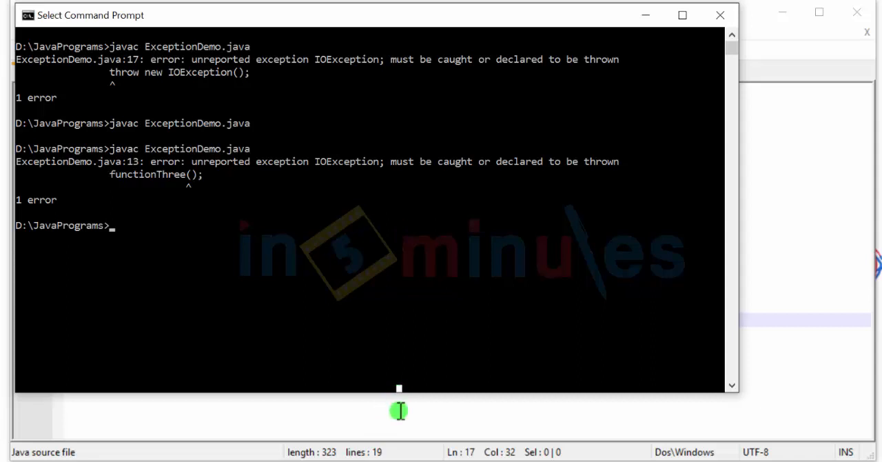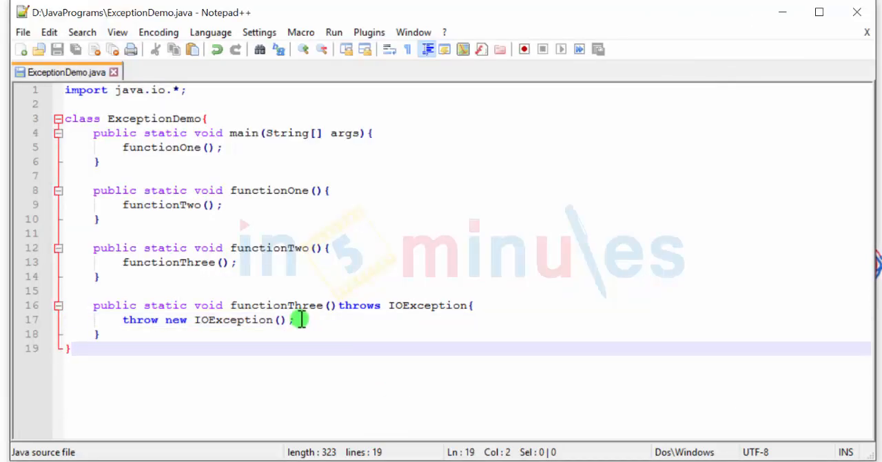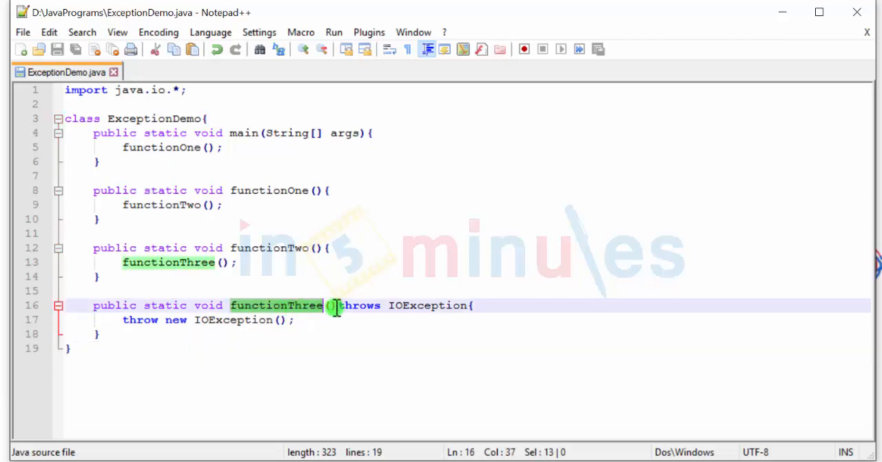So what's happening over here is, as I said, you have to catch it, that is handle it, or you have to declare it. Now you'll say that I have declared it over here. Why is the error still not going? Because your function 2 also calls function 3. In fact, your function 2 only calls function 3 in this case. And because your function 2 has not declared that particular IO exception, that is throws IO exception, hence we're getting